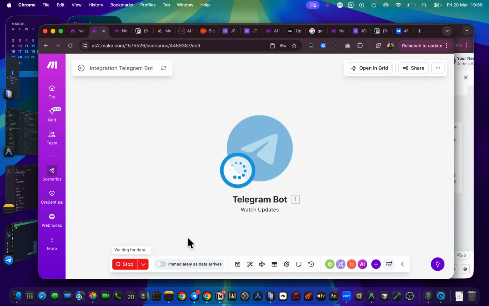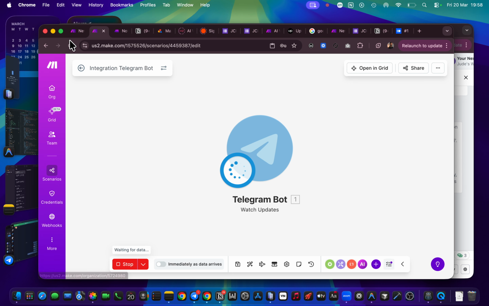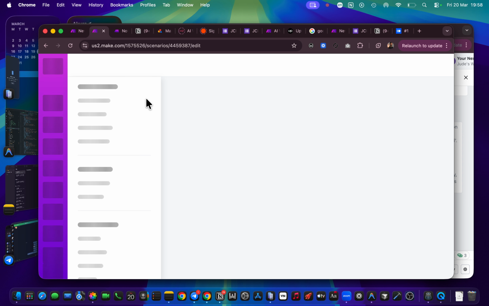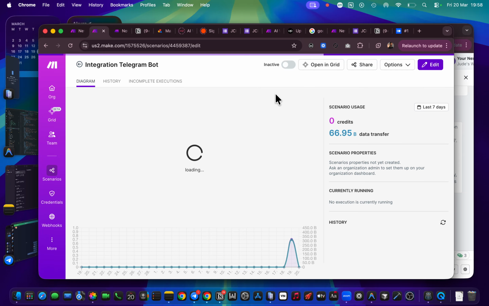Let's see. I think this is the network. This is probably the network. Let's try to reload again. Should I ask why the gen is not on?